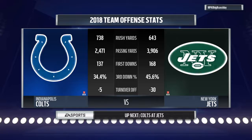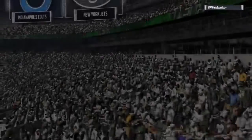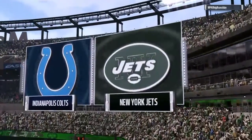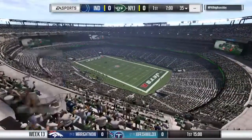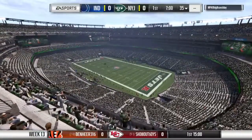And this is the NFL on EA Sports. The Jets have every intention of walking out of today's game with win number 4 on the season. It's the Colts going up against the Jets. For the call, let's send you out to the broadcast booth, where we'll join our commentators, Brandon Guyton and Charles